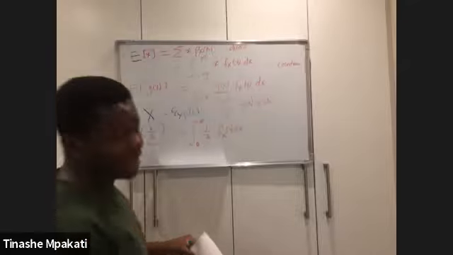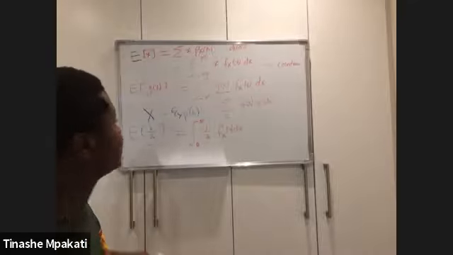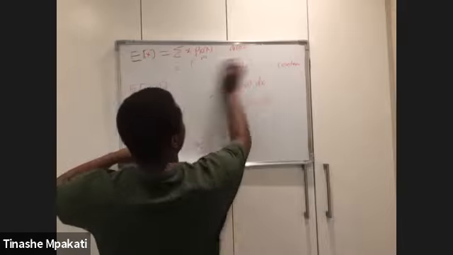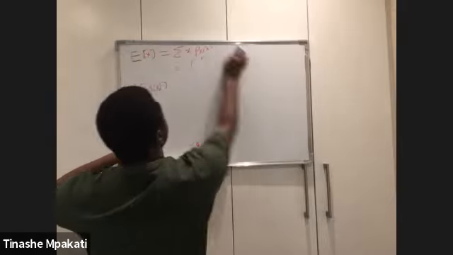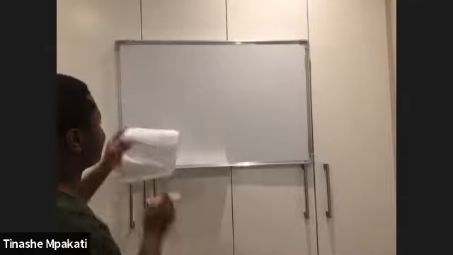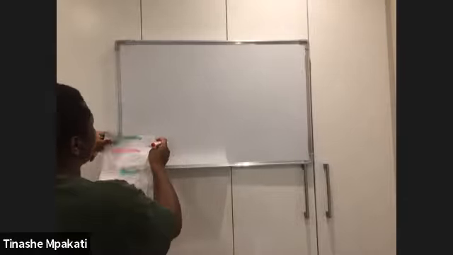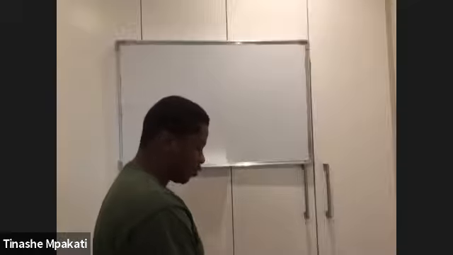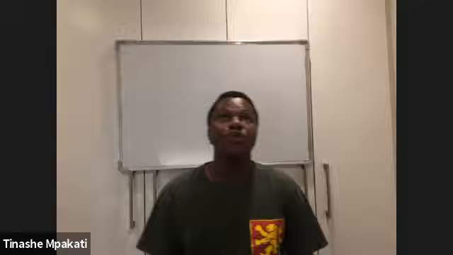And another thing which is very important, which we will use more when we're looking at conditionals than now, is the Darth Vader method. This is still just a method for us to find expectation. But what makes it easy is that there are cases where, because what we're doing now, the definitions we just looked through and in first year, was when you are sure that the random variable you're dealing with is either discrete or continuous. But there are cases where you would not be sure whether it's discrete or continuous.